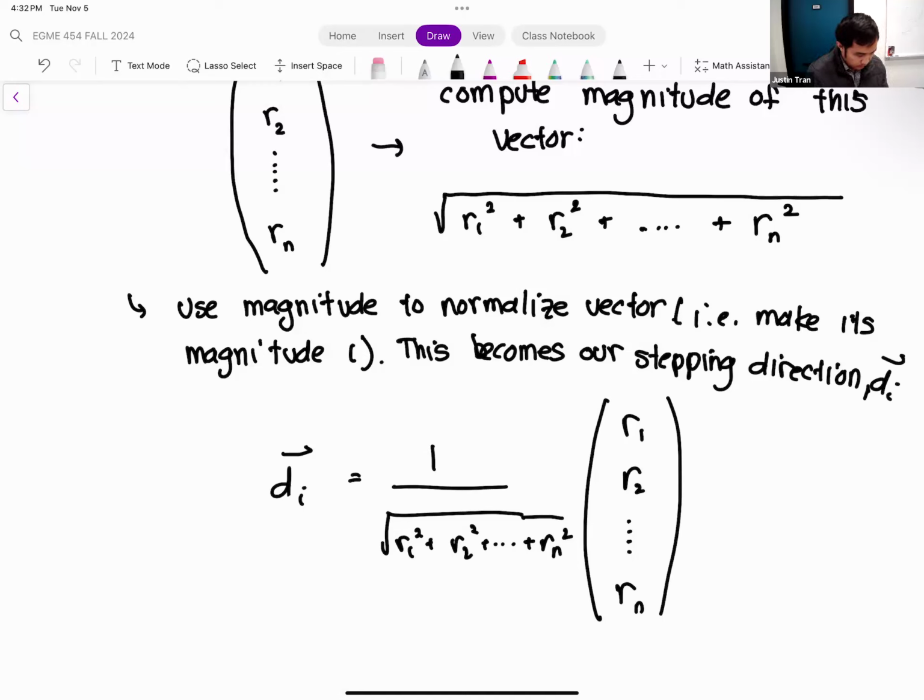So we have x i plus 1 is equal to x i plus lambda, which is our current step length, multiplied by d i. All right, so that's where most of this algorithm is: determining our random directions and taking a step in that direction.